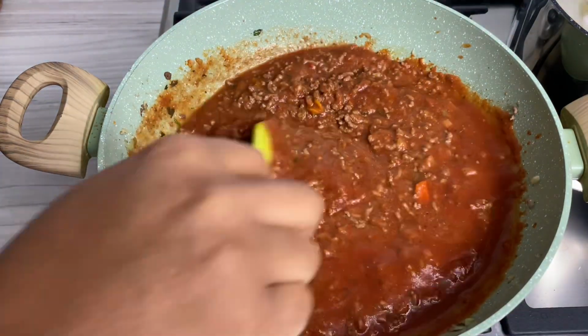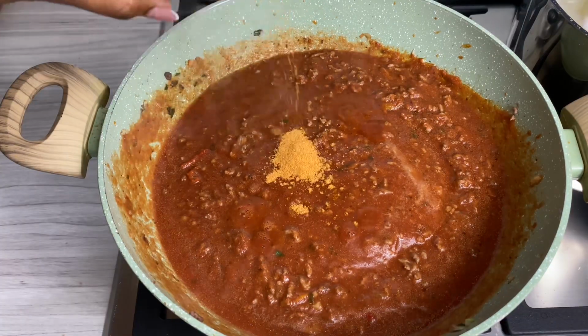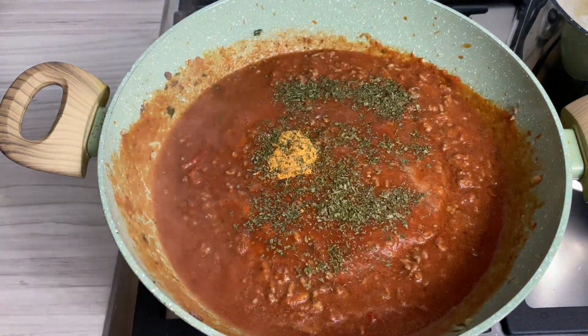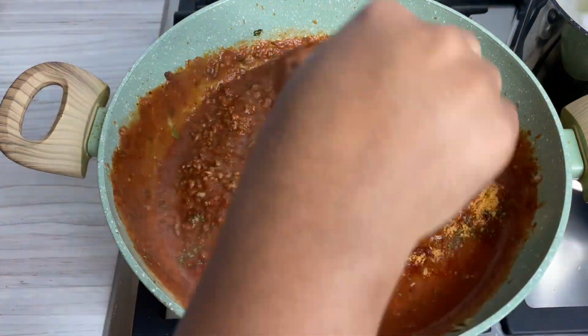I'm going to start by adding a little bit of salt. I'm going to add some of this lovely Spice Jamaica reggae blend. Then I'm going to go in with some parsley, some paprika, and give that a really good mix. You can go ahead and add in black pepper and everything else. I also added some sugar just to balance the acidity, and I'm gonna cover that to cook on low till